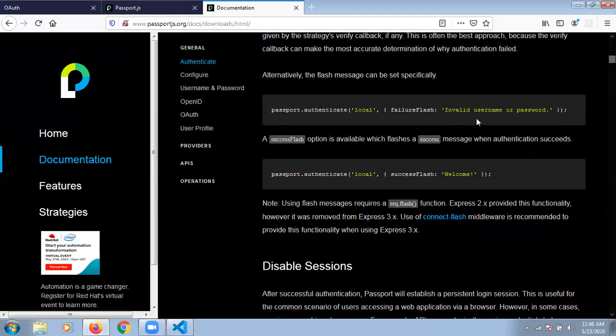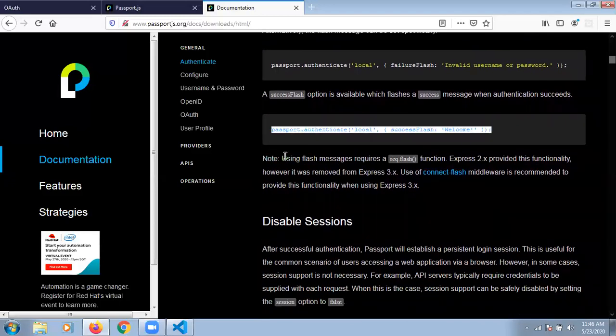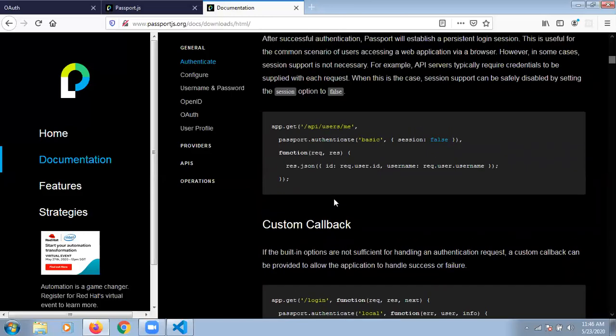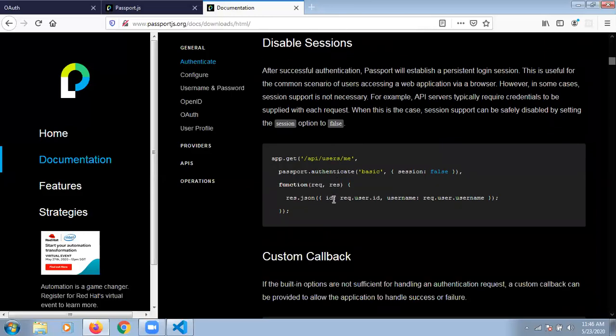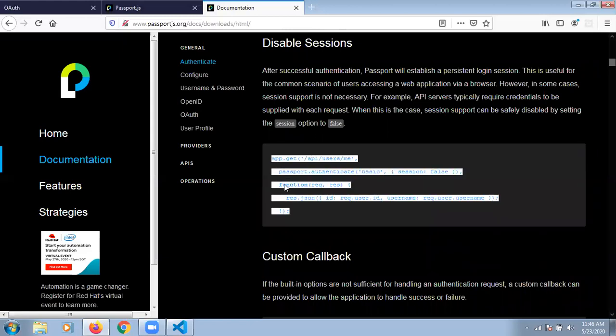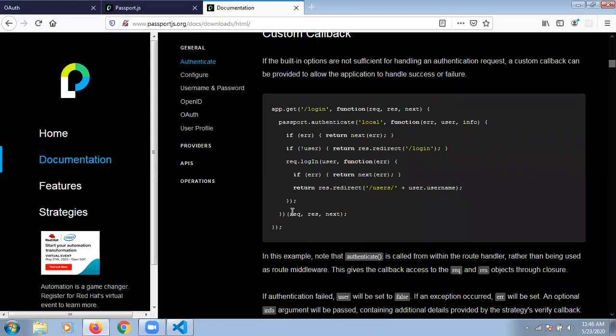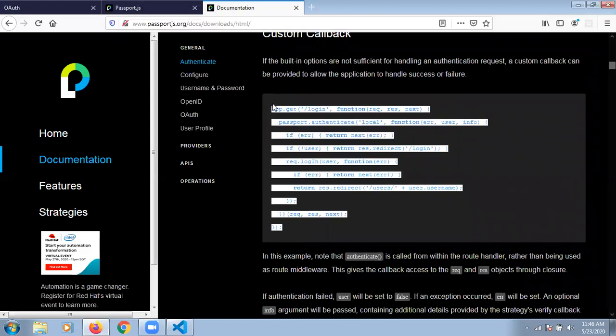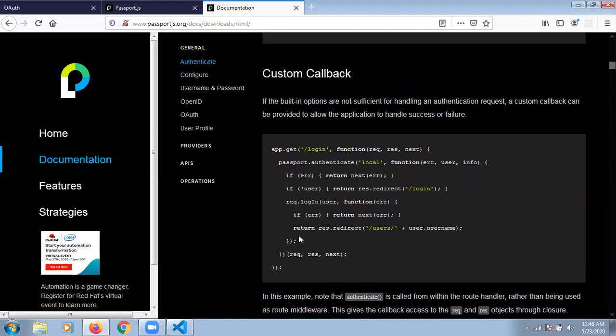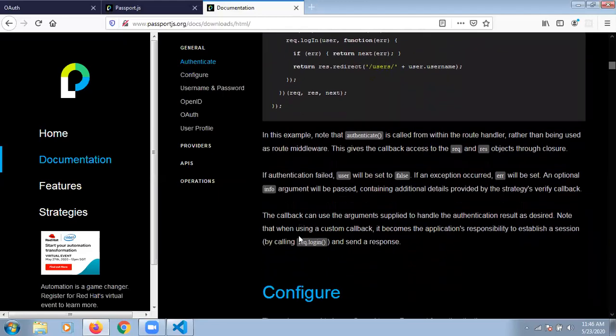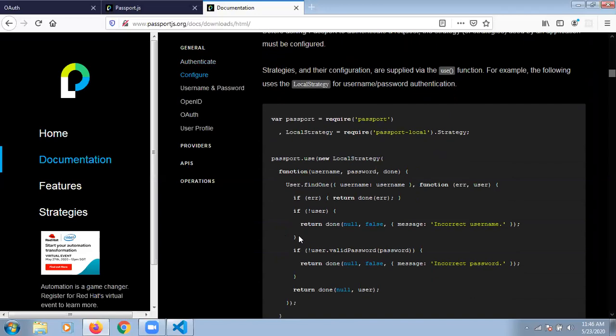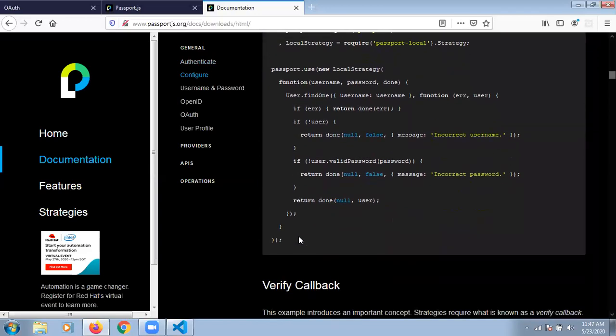We can use it like this, and we will understand better when we do the coding part. If you have already worked on authentication applications, you will understand how much simpler this is than normal authentication, writing all the hard code and making your own middlewares, doing everything by ourselves. But here Passport.js provides a much easier way to build an application that connects directly to the user and takes the user's details.